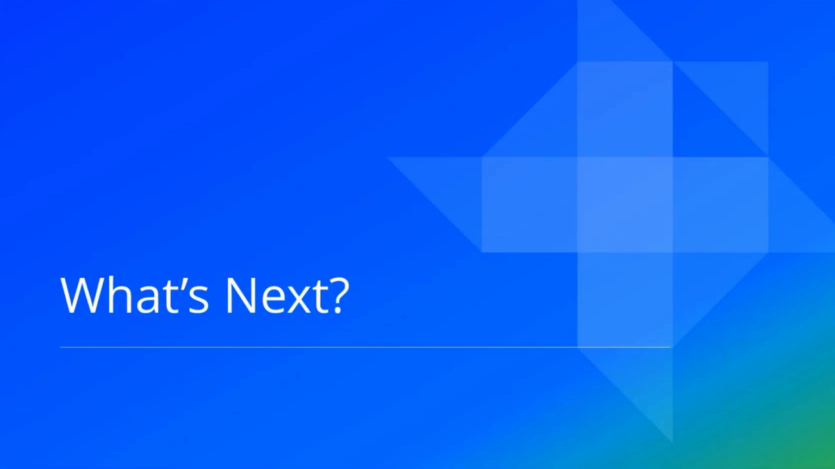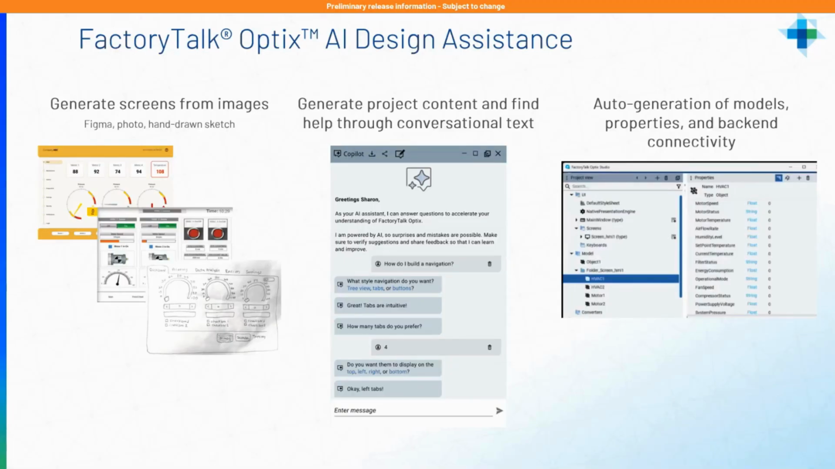So what's next? This section is going to cover a bit of a preview of what's to come. For one is the FactoryTalk Optix AI Design Assistant. This should be coming with version 1.8, at least the initial version of it, where you can generate screens automatically just by scanning an image. So you could take a picture or you could even hand draw